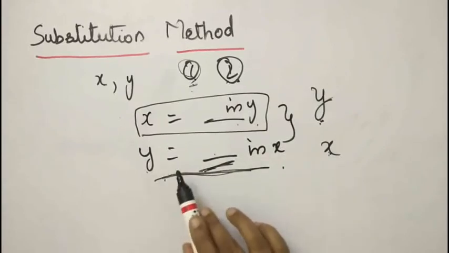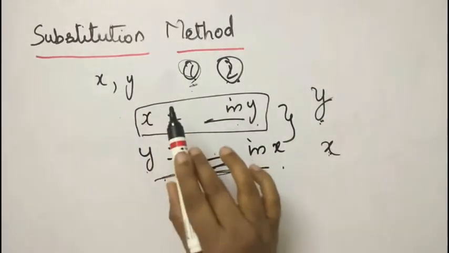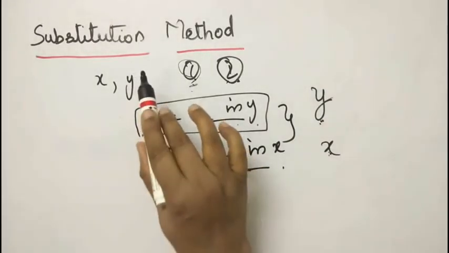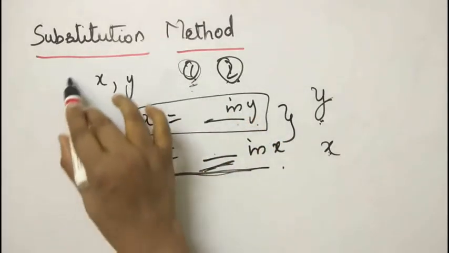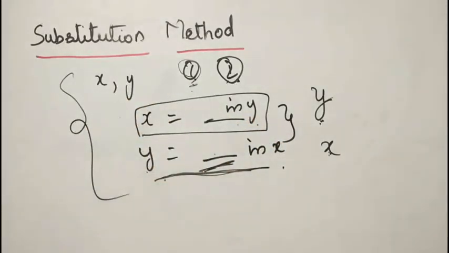Okay, these are the steps we have to follow while using the substitution method. Substitution method means you have to use these steps. But while solving the equations using the substitution method, you will observe a few things. You will observe a few differences in the three cases, that is intersecting lines, coincident lines, and parallel lines. Let us study now.